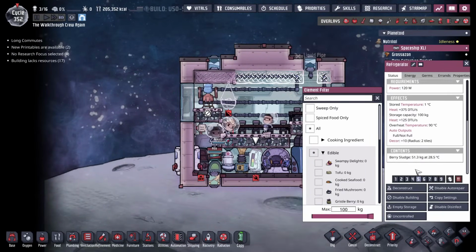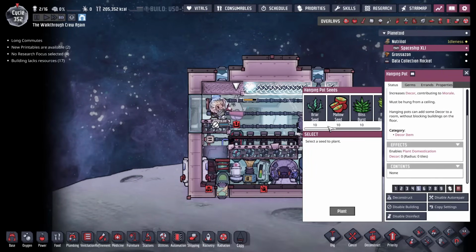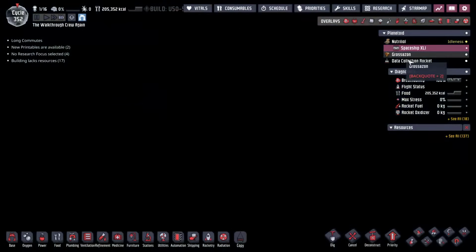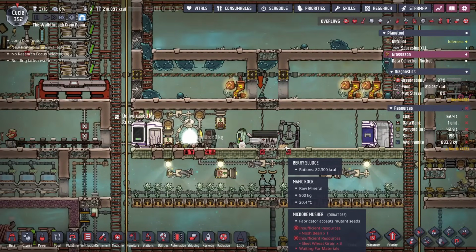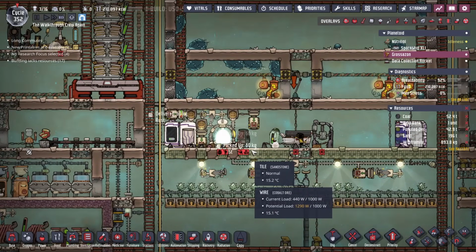If we don't have enough berry sludge, we may also need to ship it from the other asteroid too, because the other asteroid is producing it. Joya seed, that's what they're called. So we may need to ship in some more of this just to make sure we have enough food, but we can also do a follow-up shipment just to make sure that we have enough. Looks like we have a decent amount of berry sludge here, so I'm going to...